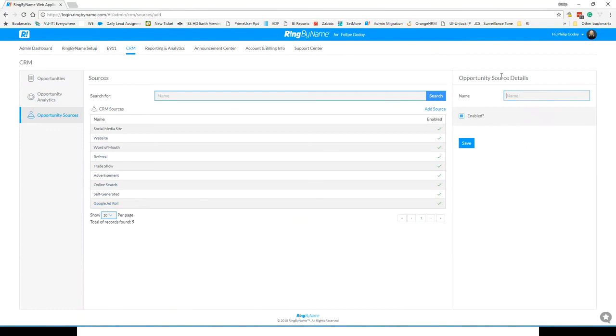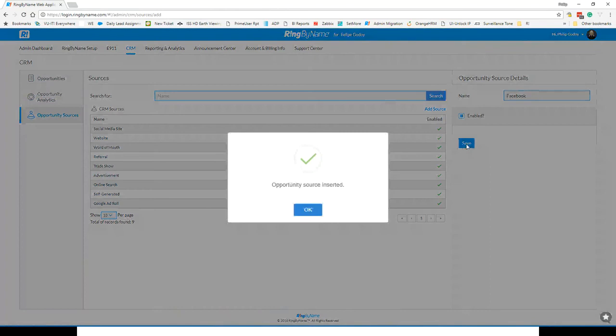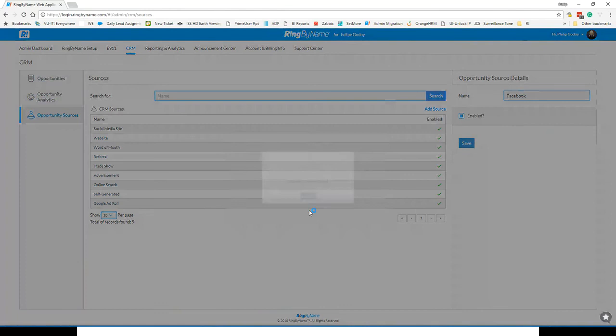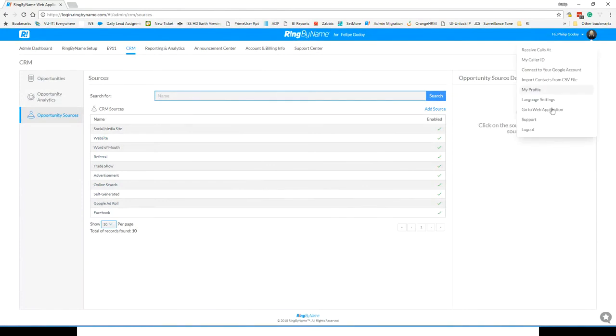So let's say we've got a Google ad role. Maybe I'm spending money on advertising in Facebook or LinkedIn. I can go ahead and create a new detail source and hit save. And that source is automatically available and ready for me to start using